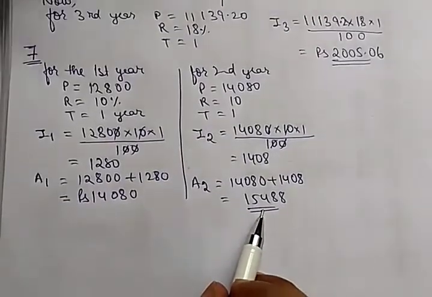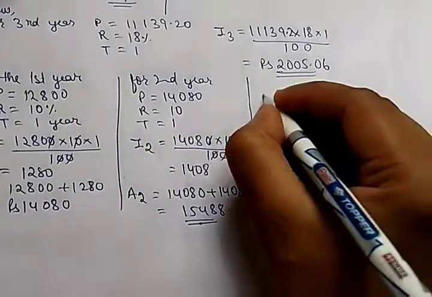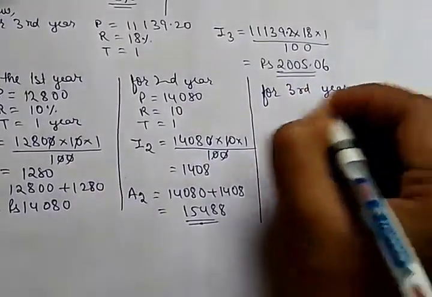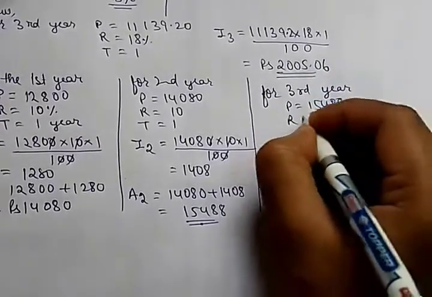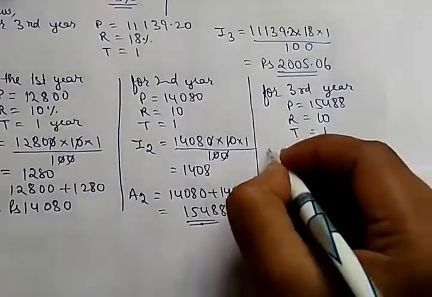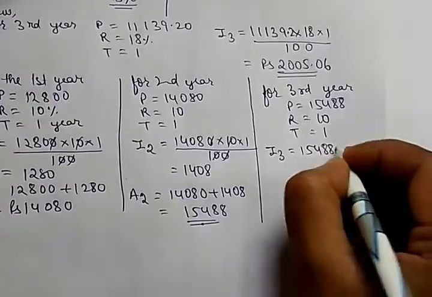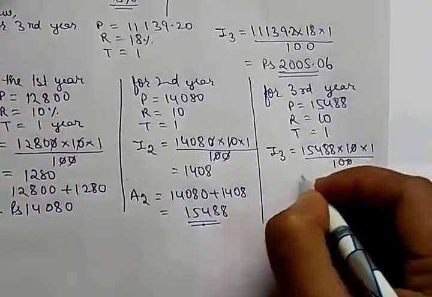This will become the principal for the third year. So for the third year, principal is equal to 15,488, rate is again 10 and time is 1. So interest for the third year is equal to 15,488 into 10 into 1 by 100,